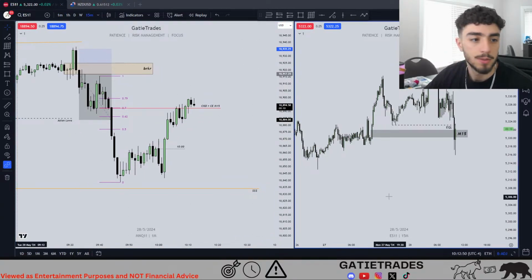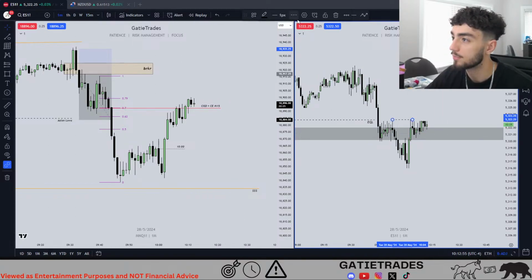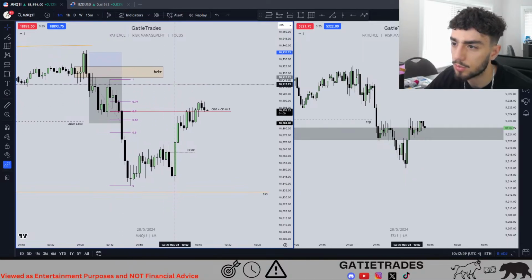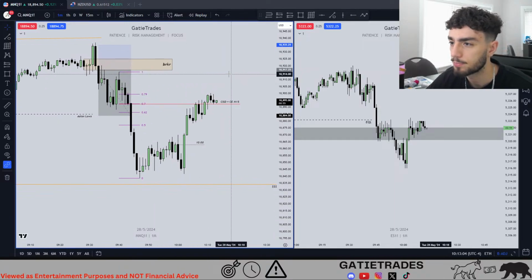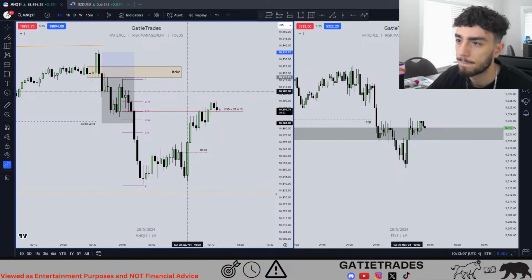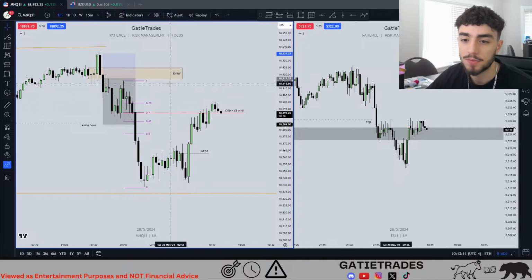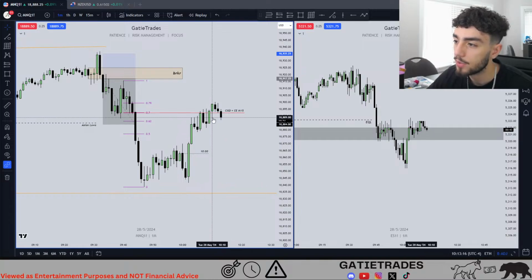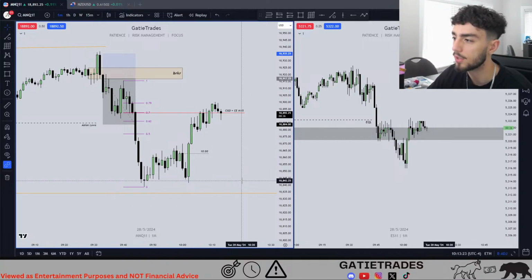Let's see. ES is refusing to go higher. So let's see if we do end up going lower in here. There is a breaker somewhere in here in the lower time frame. I'm just going to say this: I never used to be a fan of a breaker block. I never preferred breakers. Here we have low, high, lower low, forming. Low, high, or high, low, high, high, low, low potentially.